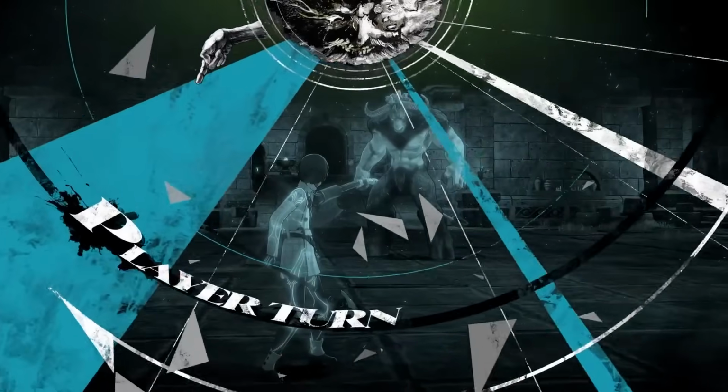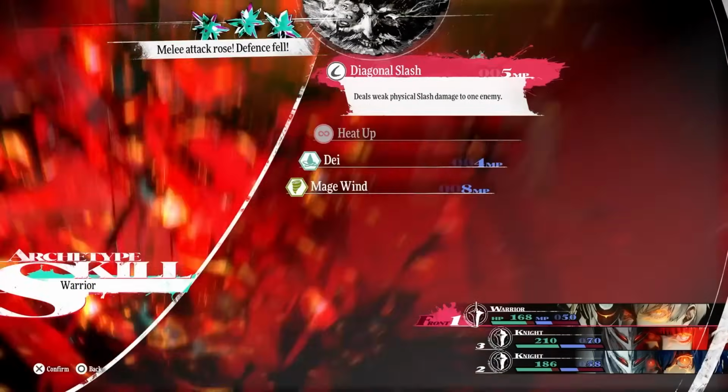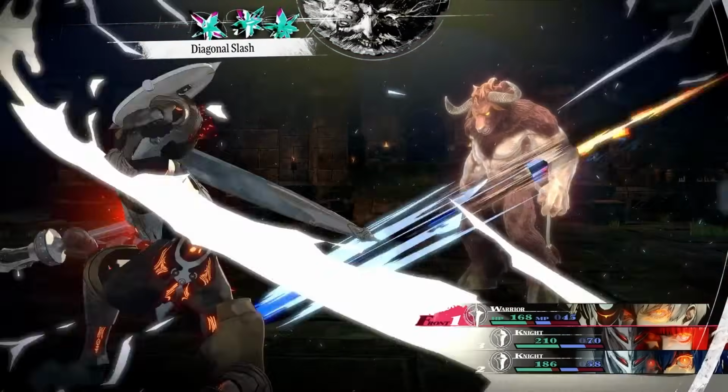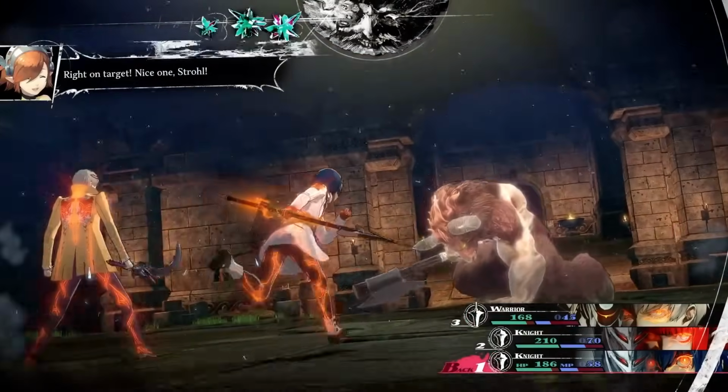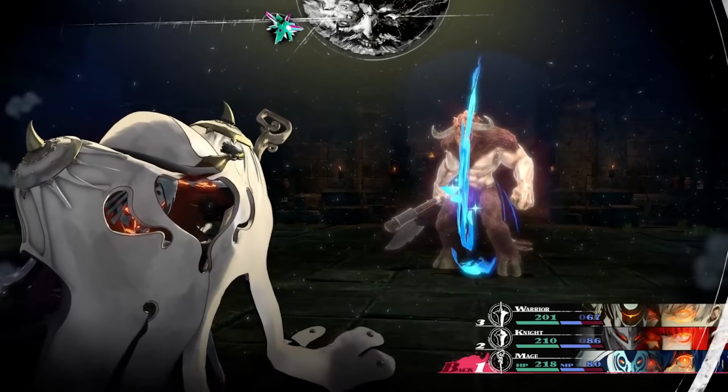If your warrior ever gets a free turn and they don't have to guard or revive someone, Diagonal Slash will do a good amount of damage, but it may be in your best interest to pass their turn to save them for synthesis attacks. Alternatively, the Guptauros is also weak to ice, so while it's still a bad idea to